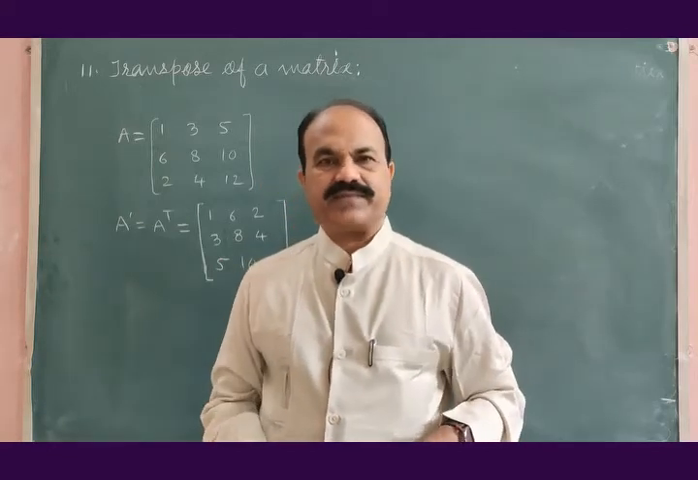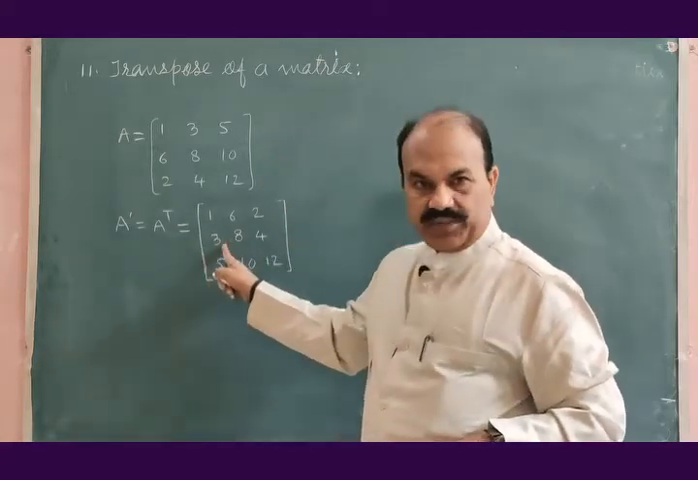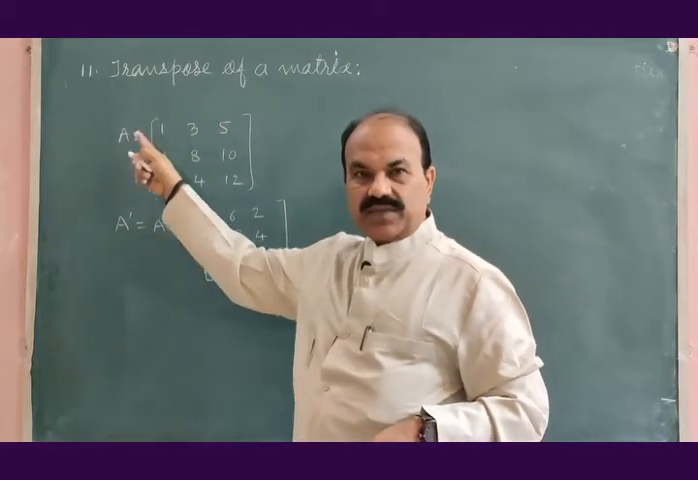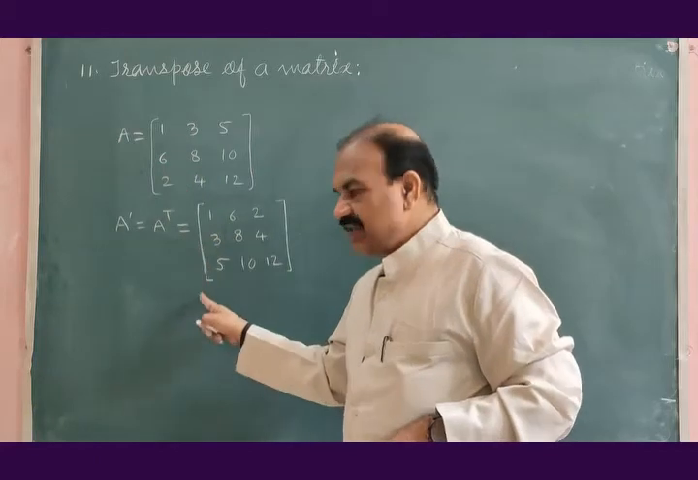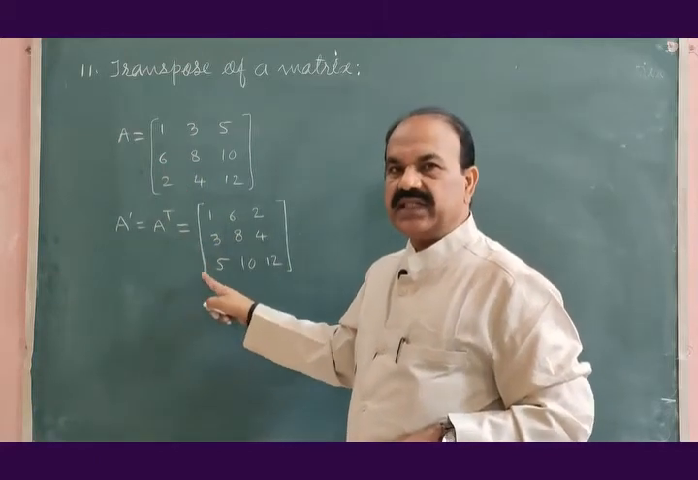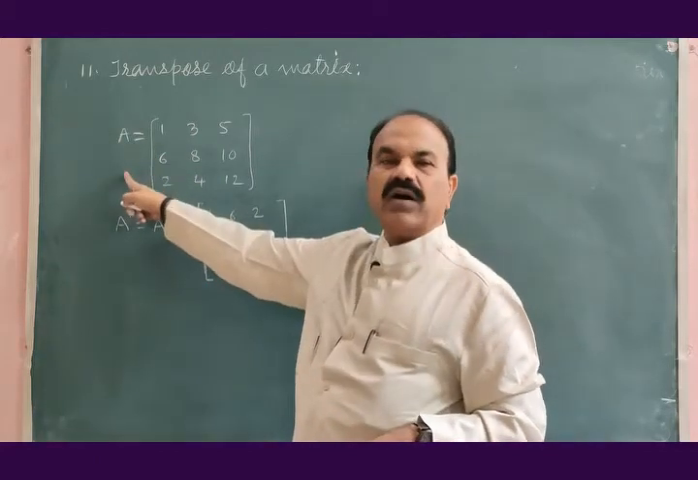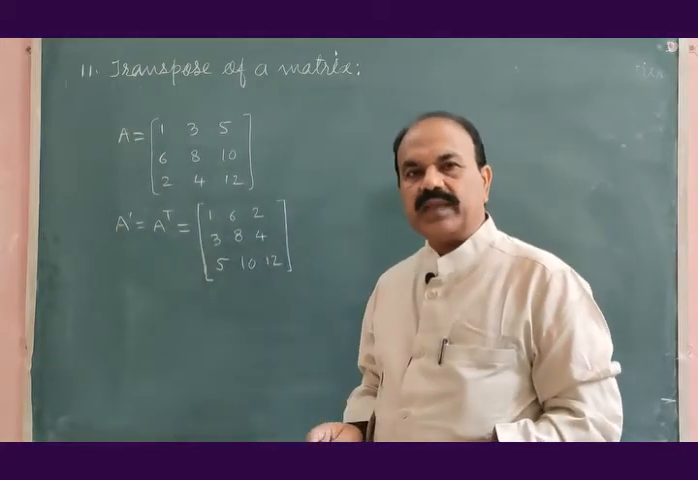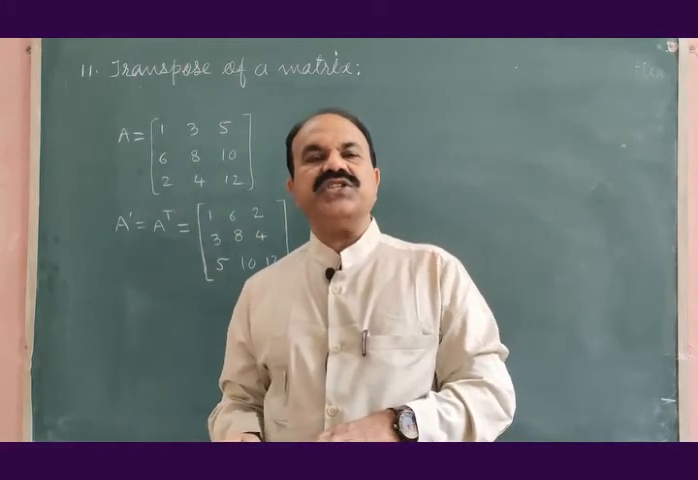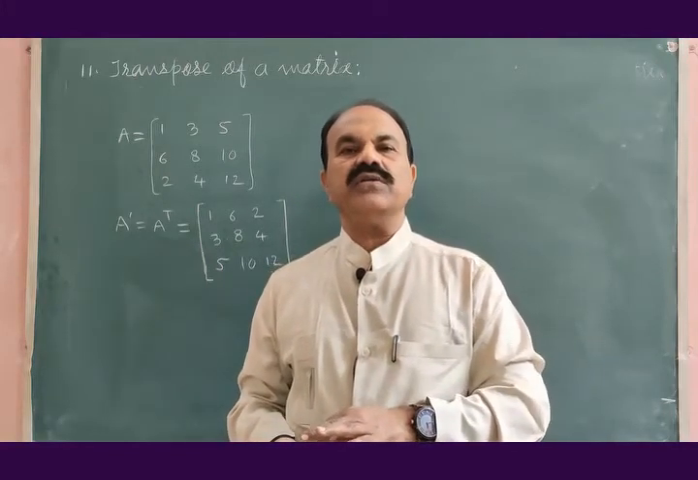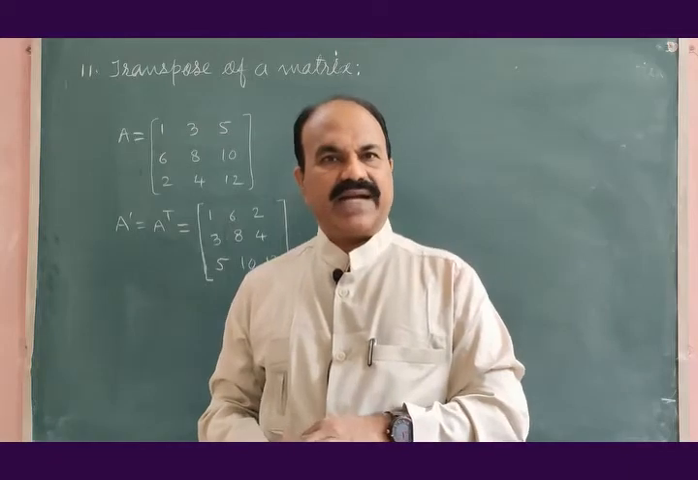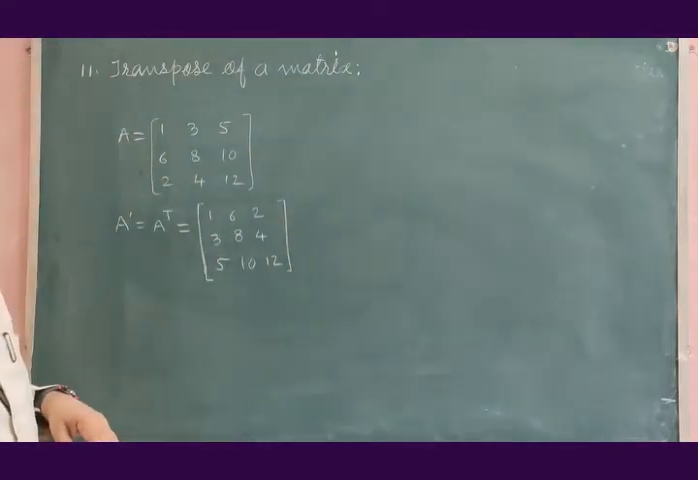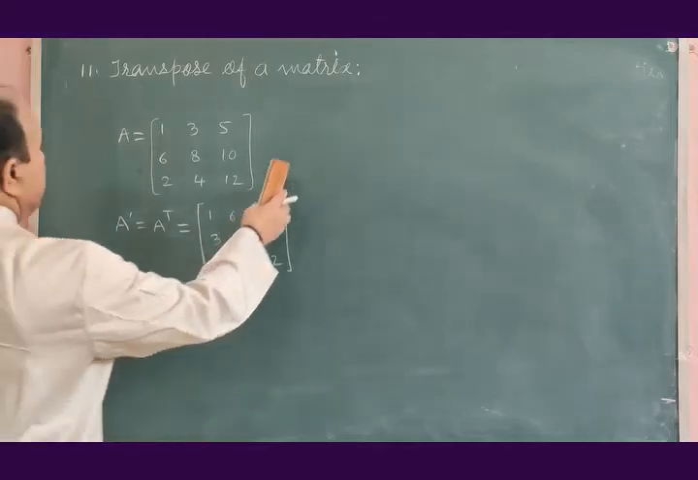A matrix obtained by interchanging the rows and columns of a matrix is known as transpose of that matrix. This matrix is known as transpose matrix of matrix A. This is true for a square matrix. This is also true for a rectangular matrix. This is about the transpose of a matrix. Next category is